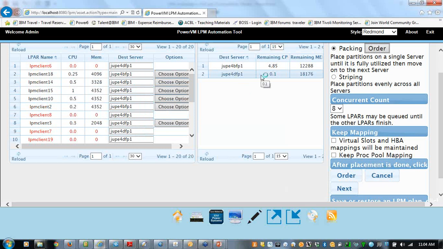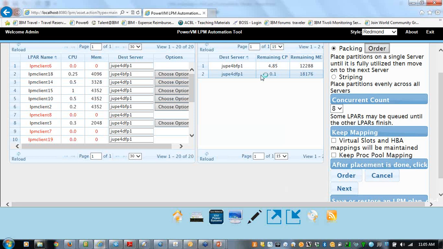Well, Bob, we don't want to use packing. We want to use something called striping. Well, there's a couple different ways people describe striping. Let me tell you how we do it in this tool. Striping in this tool is we have 2 servers. We find the server that has the most CPU available, so it's the least full. Let's say one server is almost full, one server is mostly empty.